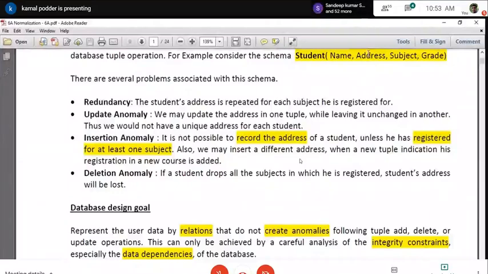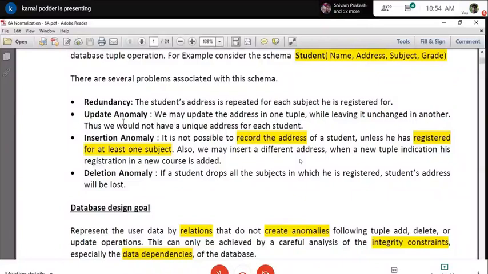Whether it is good or bad, I will not tell now. The only thing is that there is a redundancy, and you know that if there is redundancy, then inconsistency might arise on update. This is basically the redundancy problem. That means you are keeping particular information repeatedly in the table, which is unnecessary. Not only is it dangerous, it is also consuming a lot of space in the database.